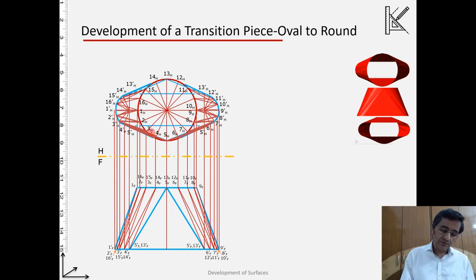Here, for example, we have done 16 divisions. It is your choice how many you want to do. We should have an optimal number, so that the accuracy in the shape is there, as well as the time and effort are minimal. So as per those divisions that we have made, I am giving the names 1, 2, 3, 4, 11, 13, 16, and so on. These are the points on the top round.